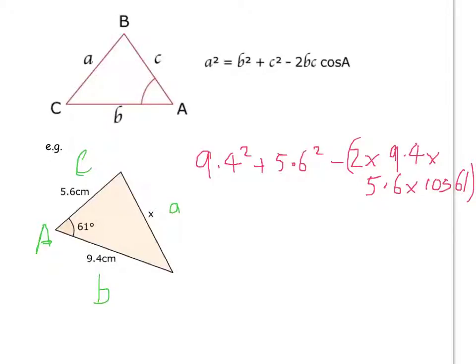Now remember, for this we are using our calculator in degrees, so make sure you've got your angle set up in degrees, the little d in the top corner of your calculator. You find out what 9.4 squared is, add on 5.6 squared,